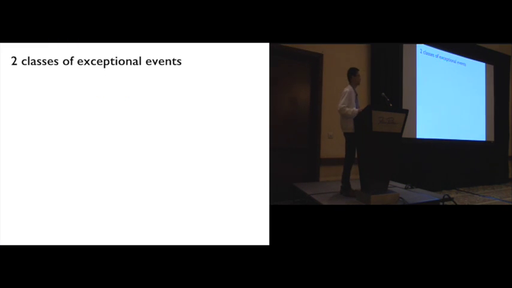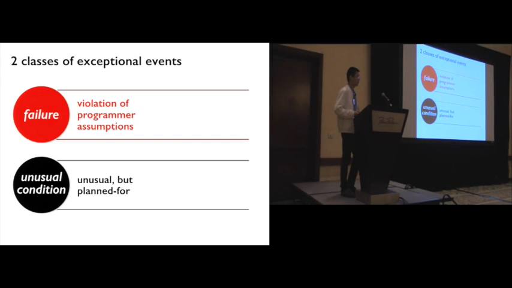Designing an exception mechanism requires understanding what the design goals are. In practice, there are two quite different classes of exceptional events. The first class is to use exceptions to indicate software failure, where the programmer's assumptions about software or the environment are violated. This typically means programmer mistakes. The second class is to use exceptions to indicate an unusual but planned for state of program execution. This could be a potential I/O problem that the programmer is conscious of, or it could just be an unusual